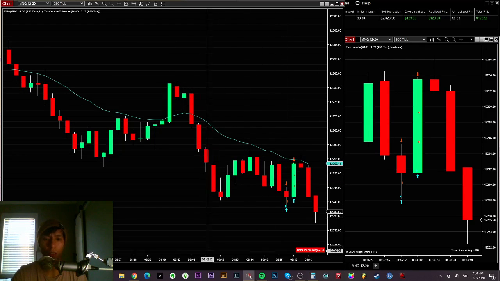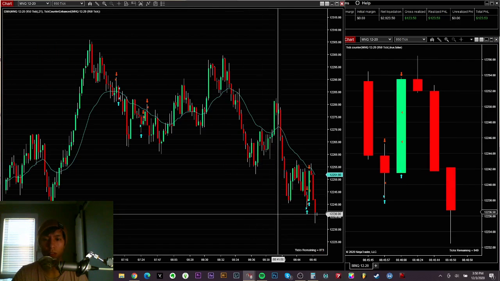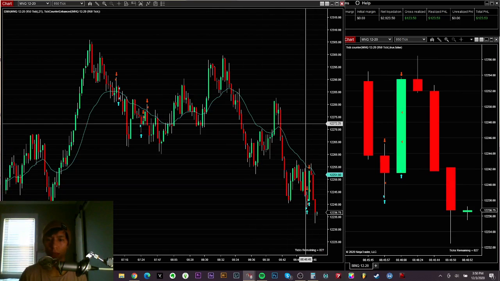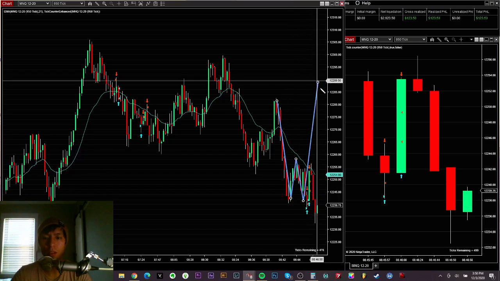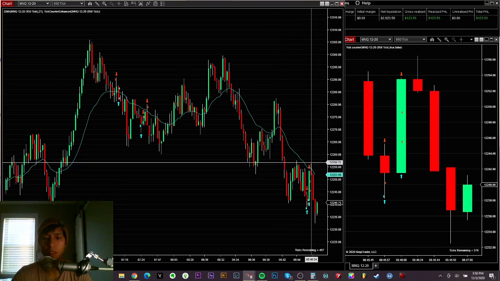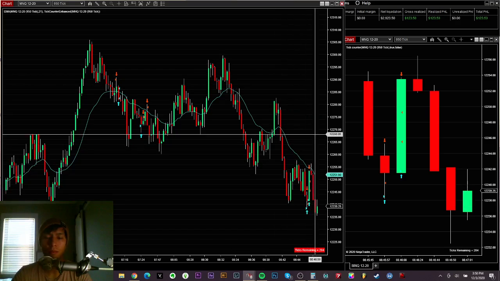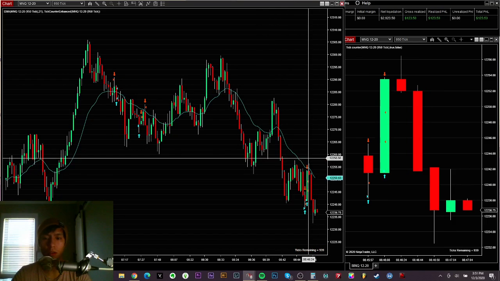So a lot of people were going long here, and once we got that double bottom, you can suspect a lot of people to do this. This is a huge pattern that people trade, the W pattern, and so once that started to break up here, people started going long, and that's where